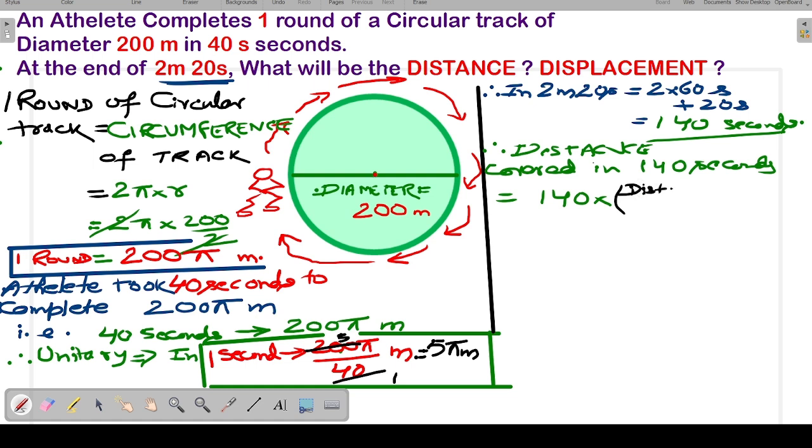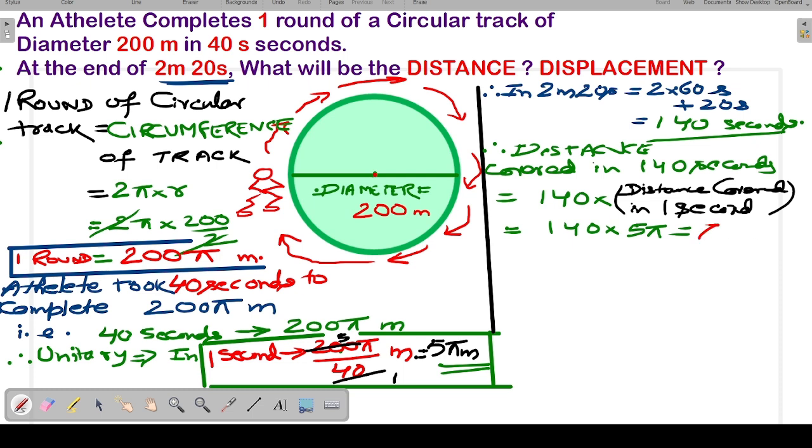Perfect. So what we will do, just multiply 140 into the distance covered in 1 second. The distance covered in 1 second is 5 pi, so just put the value over there: 140 into 5 pi. Leave pi as it is, and 140 into 5 will be 700. So this will be coming as 700 pi,